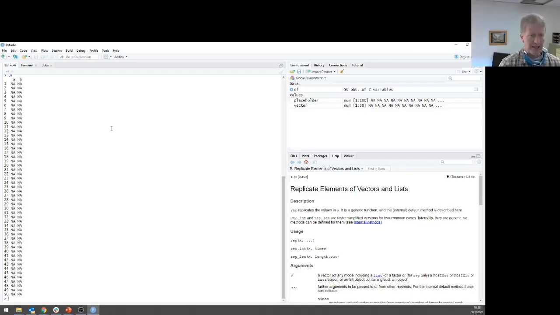So if I have my data frame that is 2 columns and 50 rows, I can do an nrow, and I get 50. I can do an ncol, and I get 2. If I do a length on df, see if you can guess what this might be. Remember what a data frame is. It's a list of vectors. And the list is a list of the columns, right? So when you do a length on a data frame, it's going to tell you the number of columns, which